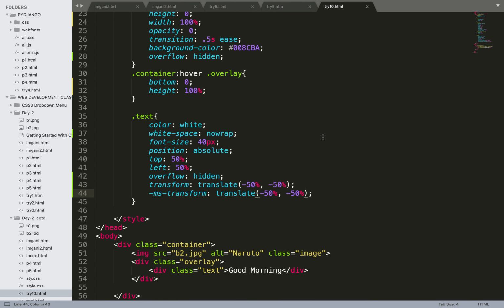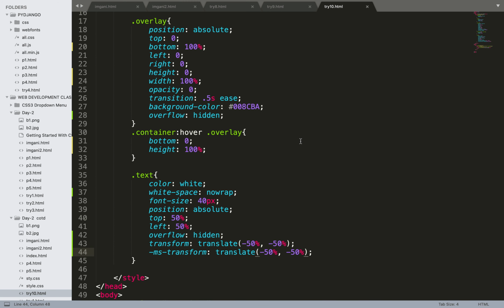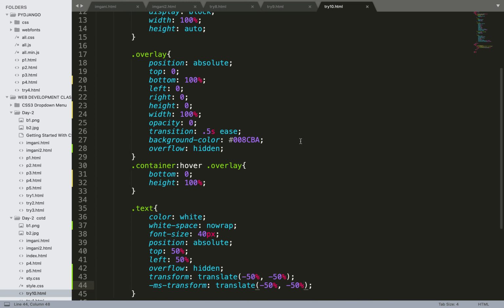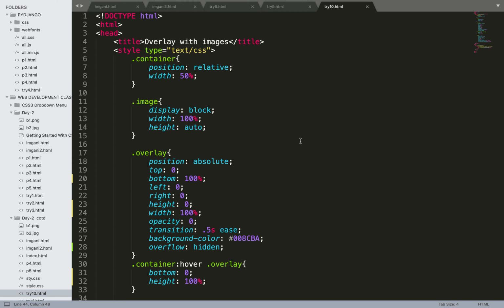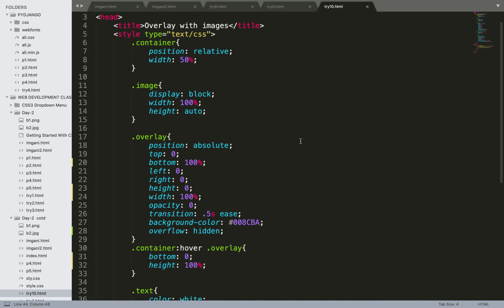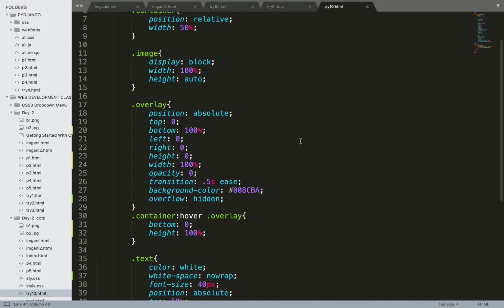Oops, looks like we just did something wrong. Container overlay, fine. Just a minute, let me check my code, what mistake I have done.